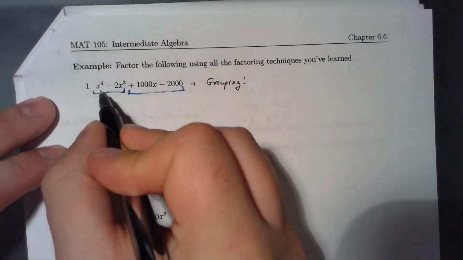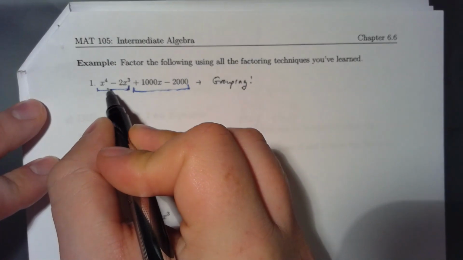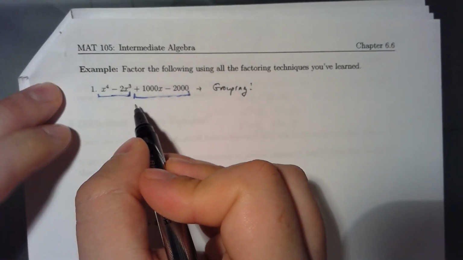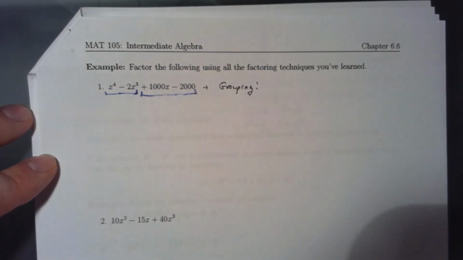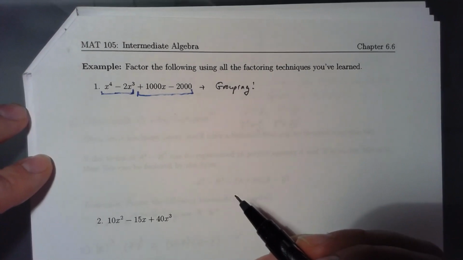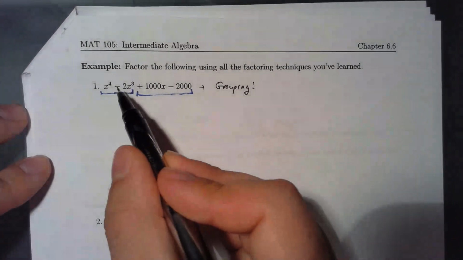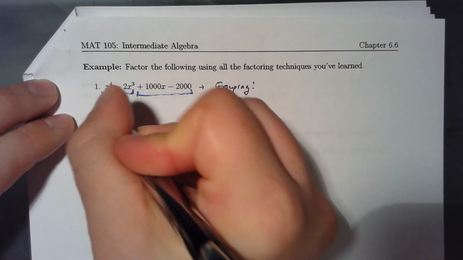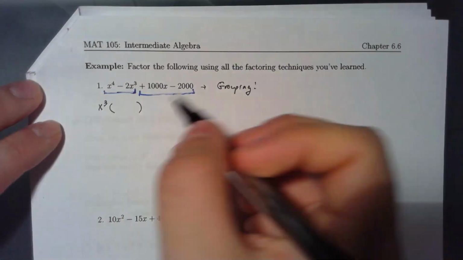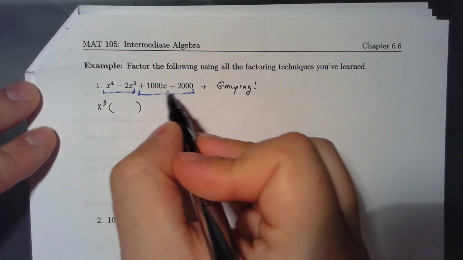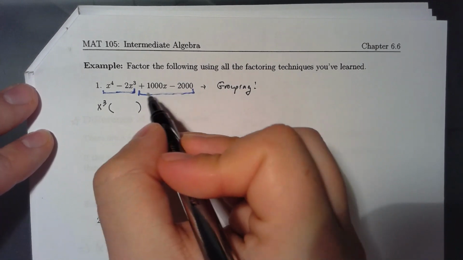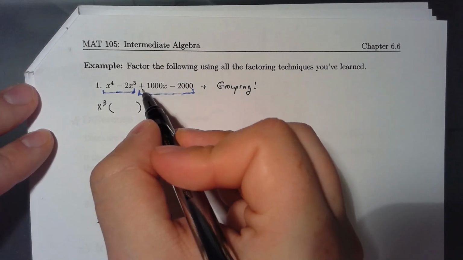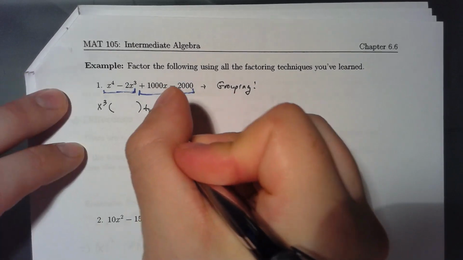So what's the GCF in the first group? Well, they have an x cubed in common, it looks like. Yeah, so they have an x cubed in common. We'll factor that out of that group. Now, what does this have in common? They have a 1,000 in common, right? And it's going to be positive because it's positive in this group. So that's going to be plus